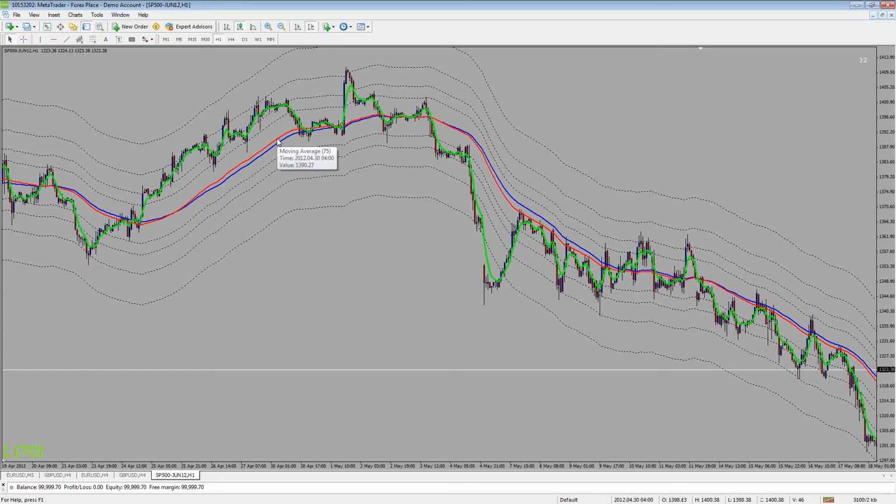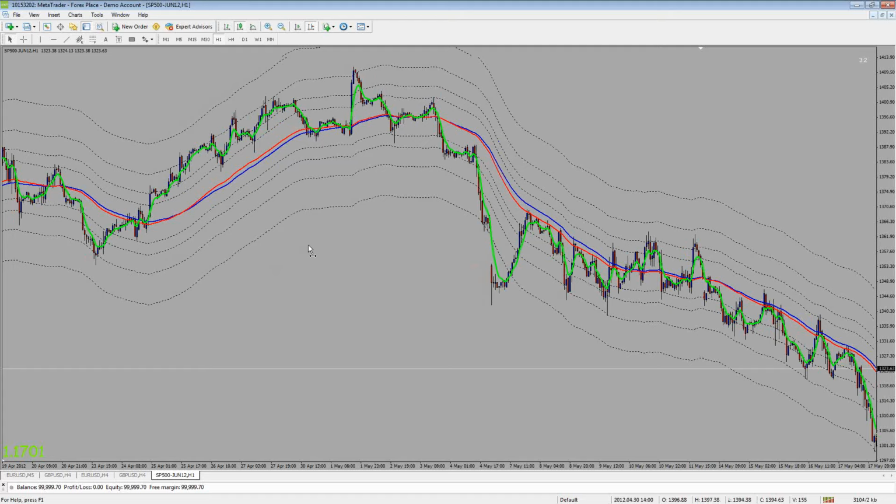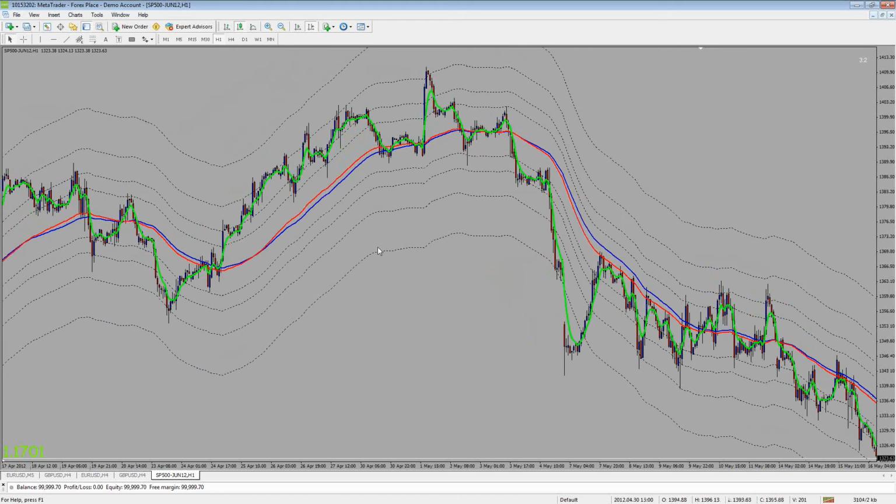They're just levels, or the difference between the main moving average and these moving averages by certain points. Okay, and these Fibonacci levels give us additional potential, obviously potential,